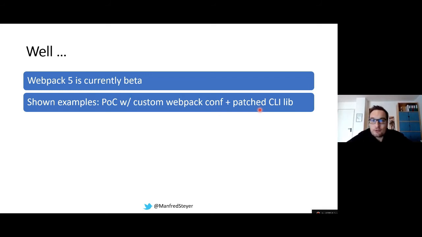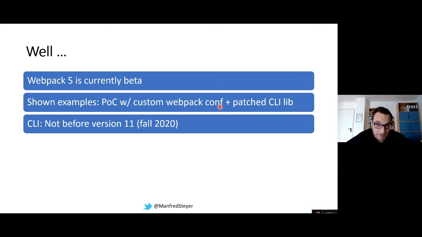And I also had to write a Webpack configuration by myself, which is also not the fine English way of doing things. You know, when it comes to Angular, we have the Angular CLI, and the Angular CLI is providing the Webpack configuration. We don't see it. It is created and used underneath the covers. So what we really need is Angular CLI support for Webpack 5.